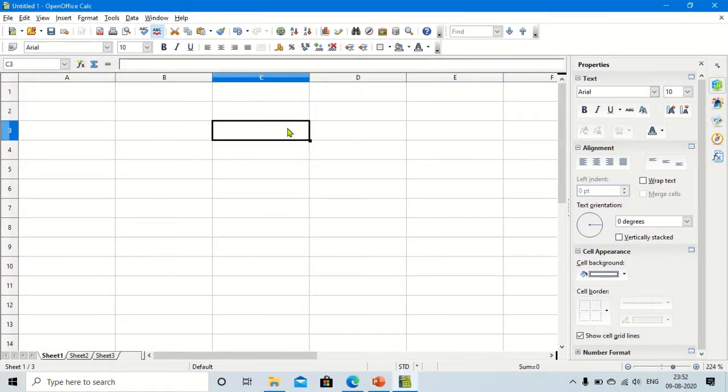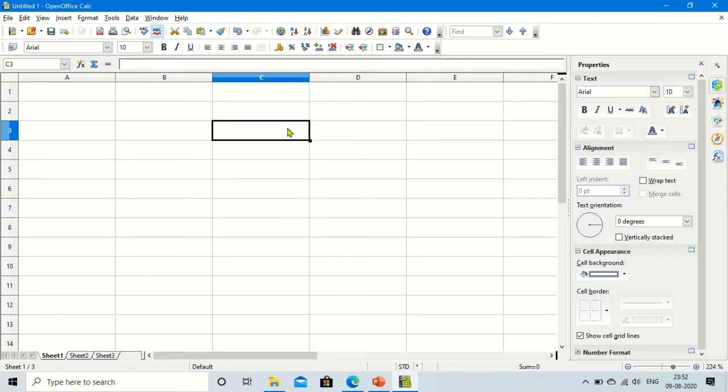Okay, so let us see how to use the function. The first question that comes to our mind: what is a function? Functions are predefined formulas which perform some special task, or we can say functions are inbuilt formulas which are already inside Calc, we just have to know how to use them. Note: before using any formula or function, we have to first give the equal sign. I repeat, before using any formula or function, we have to give the equal sign.